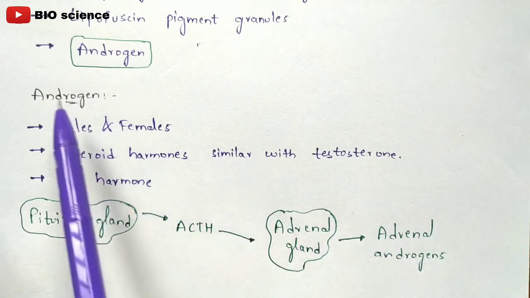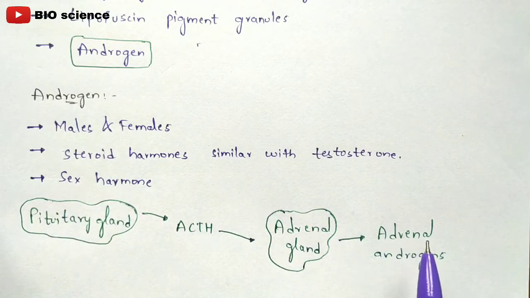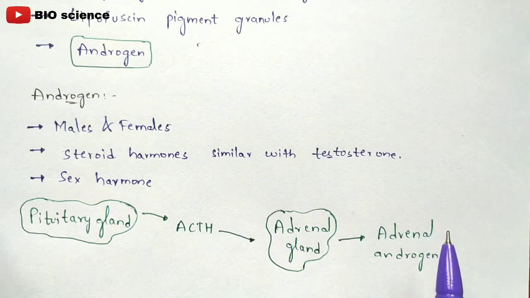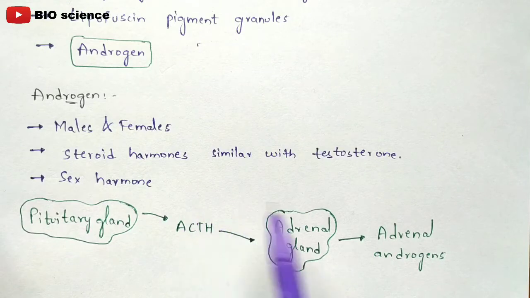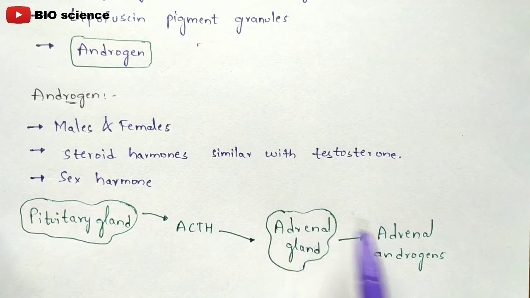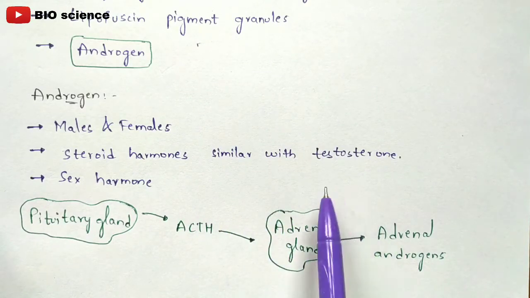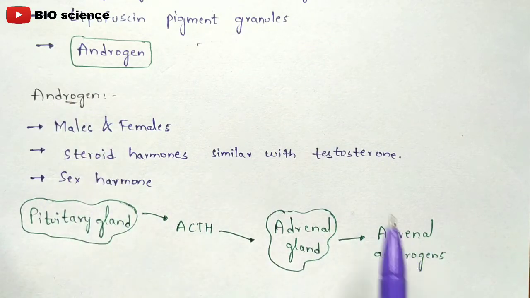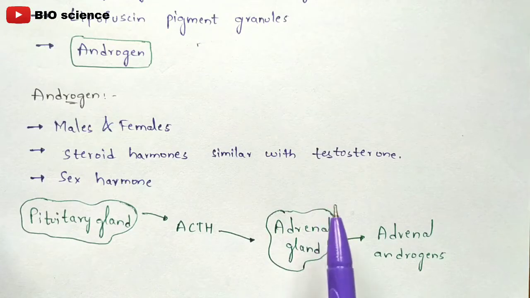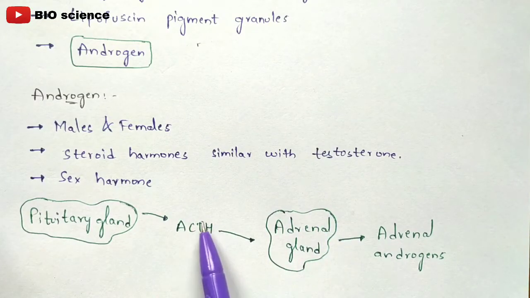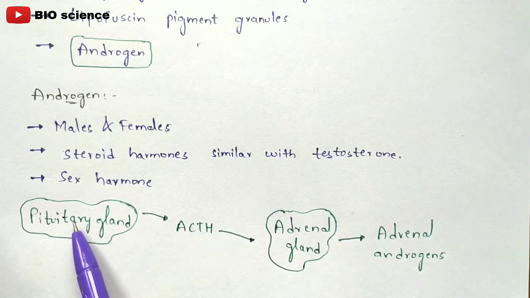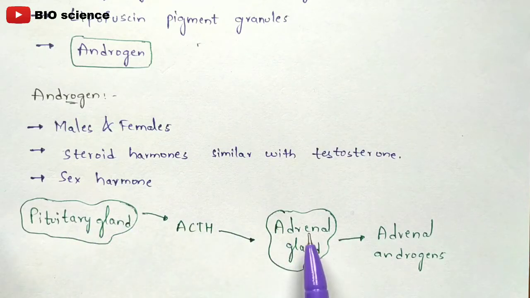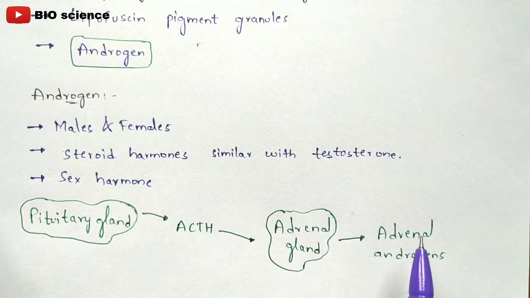Adrenal androgen is nothing but this androgen hormone which will be secreted from the zona reticularis zone of the adrenal cortex region, right? So this ACTH hormone will stimulate this adrenal gland to secrete adrenal androgens. So by this you can understand how this androgen can be secreted from the zona reticularis. So how is it secreted? By using this ACTH hormone which is secreted from the pituitary gland, where it stimulates that adrenal gland to produce, or else to secrete, the adrenal androgens hormone.